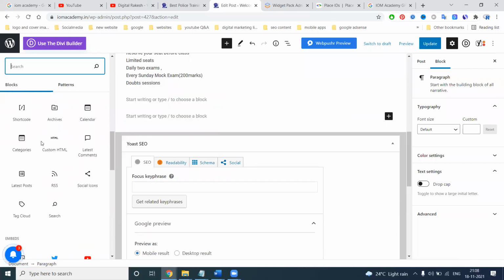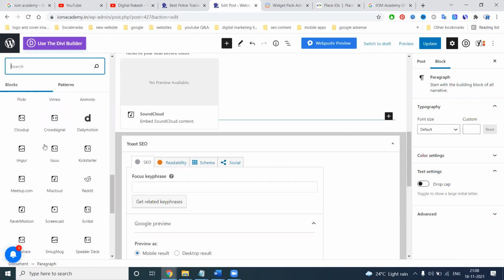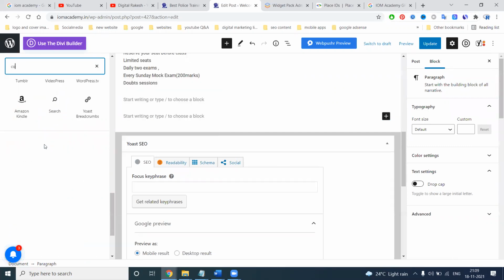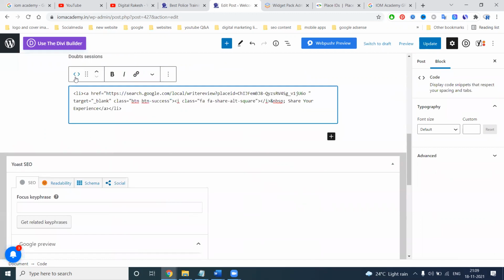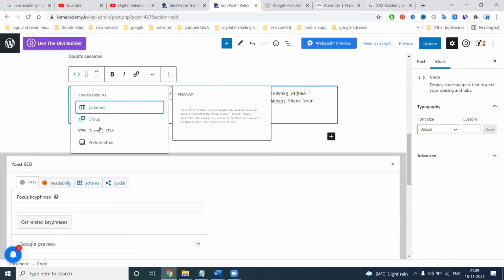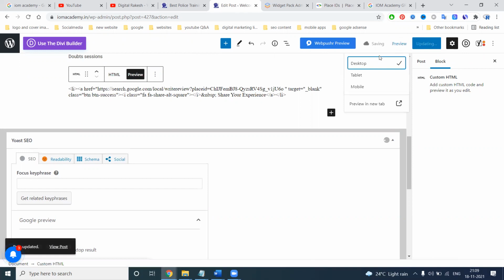We can use the coding option that is shown to customers. We can use this code. Update. Preview.